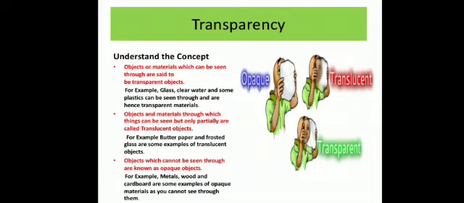We will now discuss the three types of materials one by one. Let's start with transparent materials. Those materials through which we can see clearly are called transparent materials, like a glass window, because glass is a transparent material. It allows almost all the light to pass through it, due to which the object behind it can be seen clearly. Now some examples of transparent materials: glass, air, clean water. Some plastics like polythene, groundnut oil, alcohol, these are transparent materials.